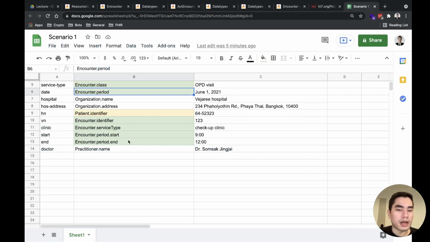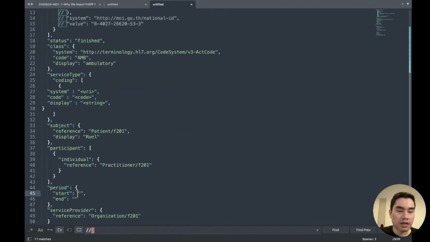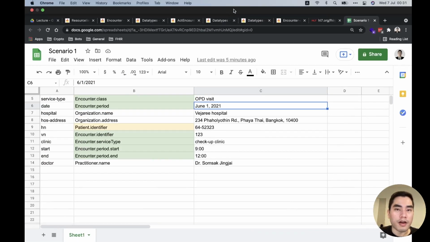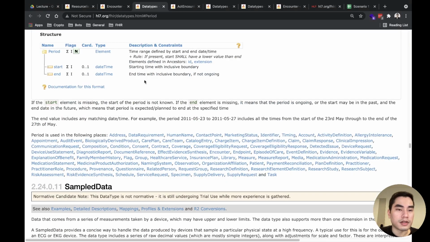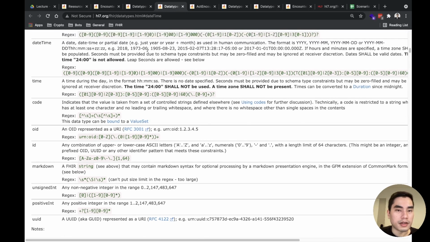So start and end of June 1st, like this, start and end. And the format of the datetime data type is this one.